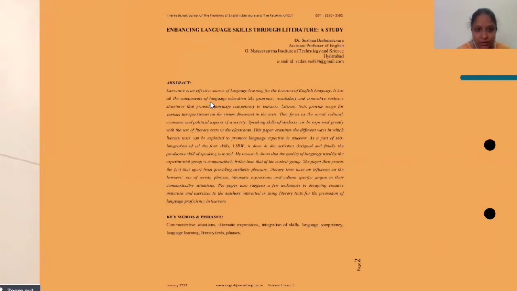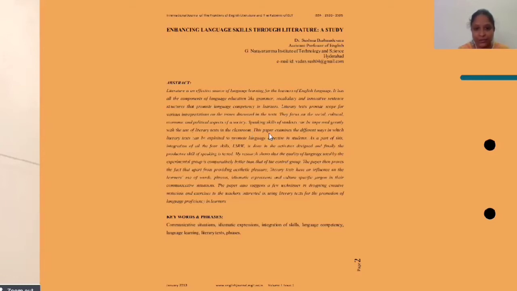It has all the components of language education like grammar, vocabulary. So this is the introductory line. Then speaking skills of students can be improved greatly with the use of literary text in the classroom. So this is the main point of my research. So how speaking skills can be enhanced using literary text in the classroom.